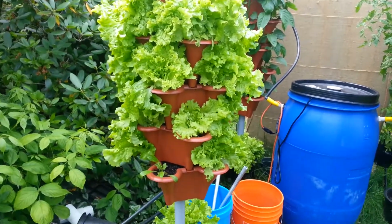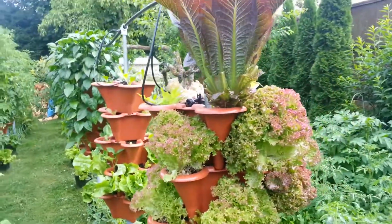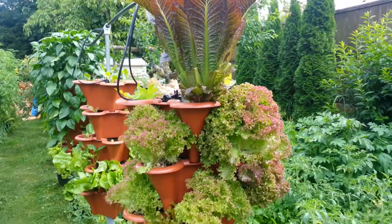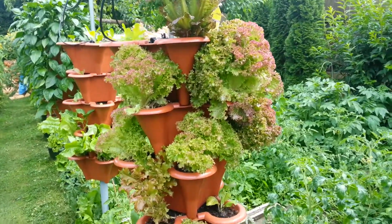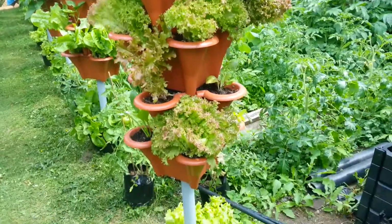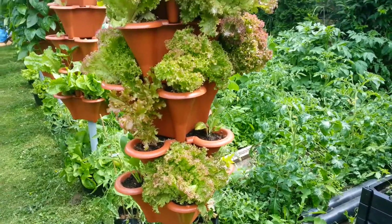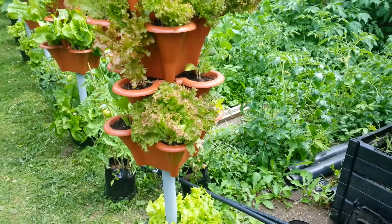There's 1, 2, 3, 4, 5 tiers of leaf lettuce. Next to the leaf, got mixed reds, all kinds of different ones. These are a good eat. They don't bolt. They've been in there since about May 18th. And on the bottom have leaf taken the very end. So that's quite a bit. If you were to wrap your arms in a circle, that's about